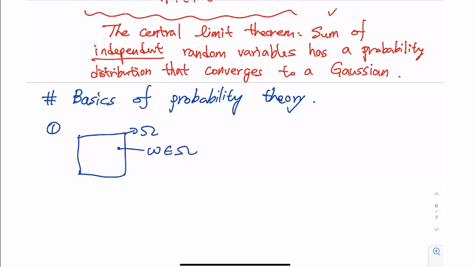Then we can put some condition that there's a subset lambda, which is basically a subset of our events. That's a subset of omega, and the probability of the event lambda that belongs to this set of lambda is